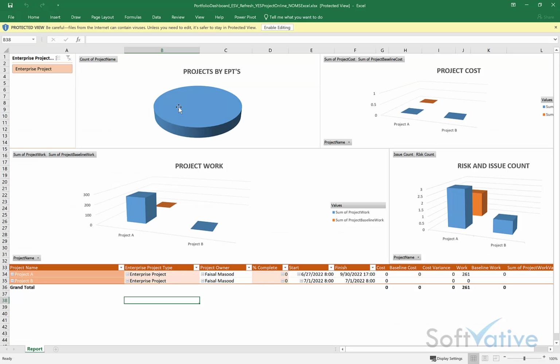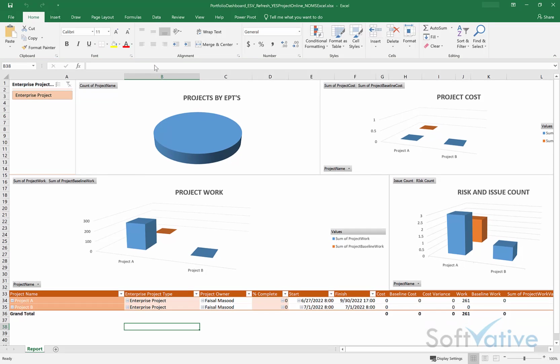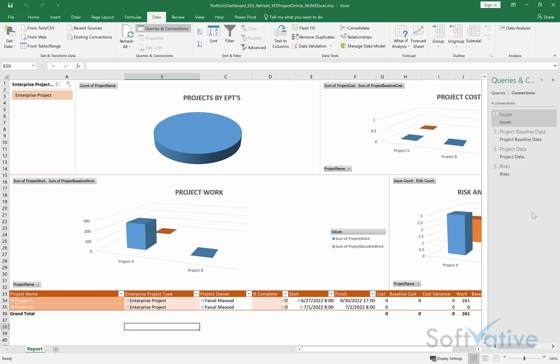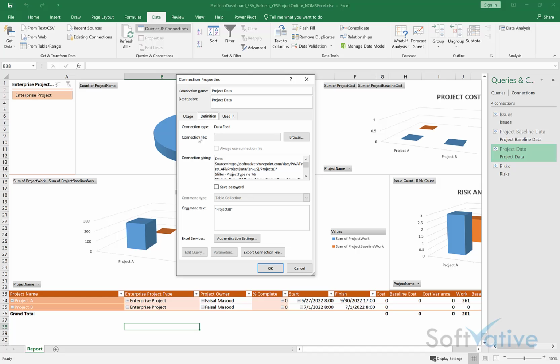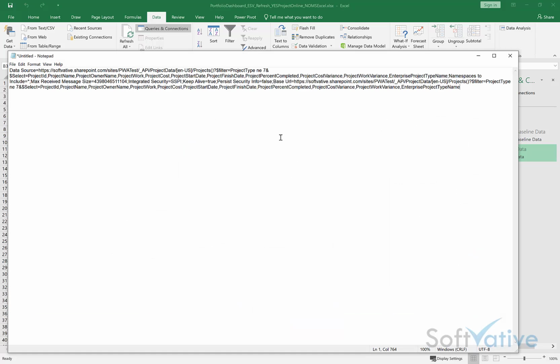So here I have opened it up. If I do enable editing and click on enable content, and go to the data menu and click on queries and connections, you can see this one has a few data connections as well. If I choose one of the examples for project data and choose properties, you can see these are the default settings. If I go to the definition tab, this one is not using any ODC connection files, but it does have the connection string. So if I copy this one and put it in the notepad,